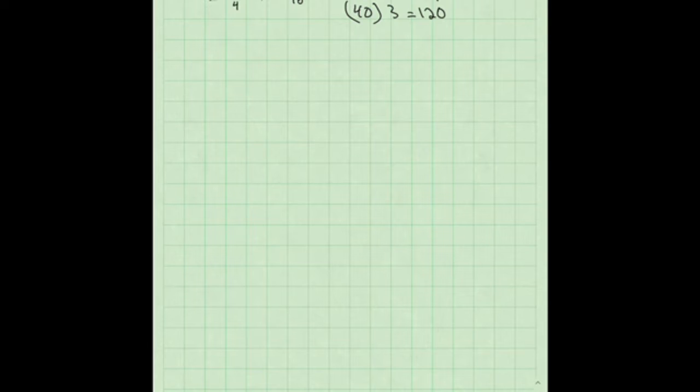Now for 2T, if you recall, the area of a triangle equals 1/2 base times height. However, we don't have the height here. What they expect you to know is, since this is an equilateral triangle, if you split it down the middle,